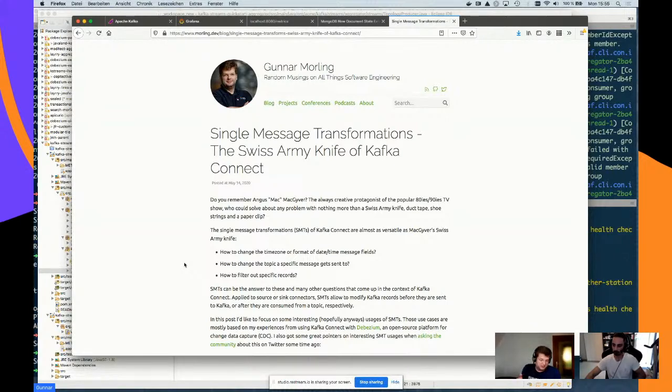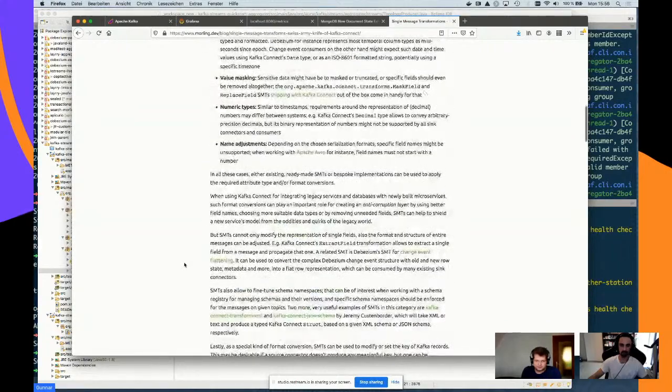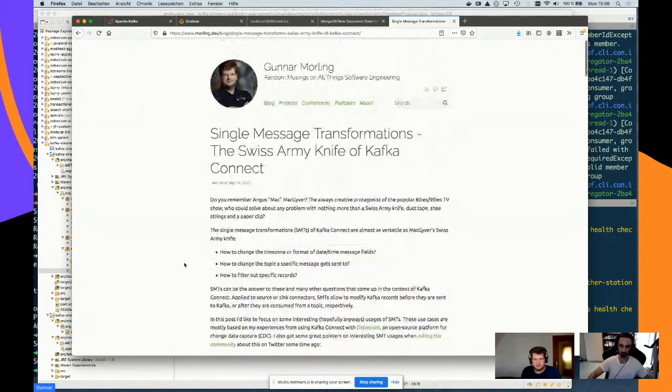So if I really have this kind of requirement that I need to do this kind of joining and whatever, if I just want to modify, let's say, the types of the properties of individual messages, then such an SMT is ideal for that, and I would just use that. But sure, if I need to go beyond that, if I need to process multiple topics and correlate them and group them and whatnot, then I would reach out and use such a Kafka Streams application. Yeah, I think that's a really practical approach. I mean, start with something that makes sense to get started easy, and then when you actually do need something more complex, move to it. Exactly right. We have one more.